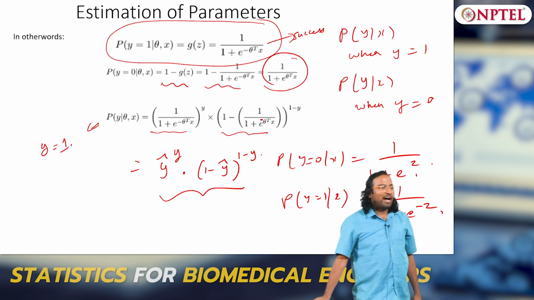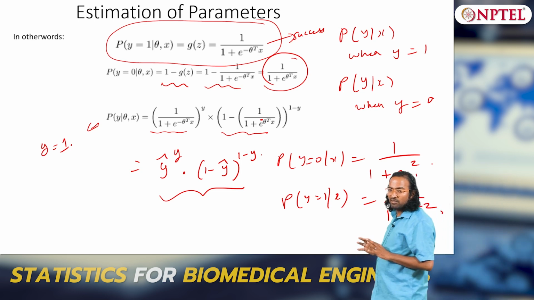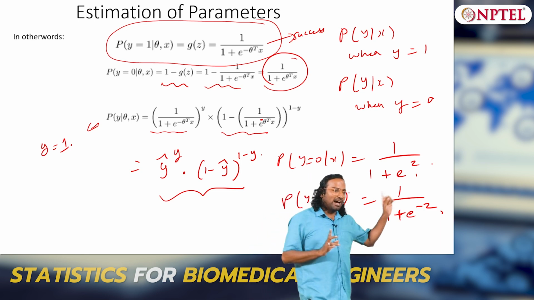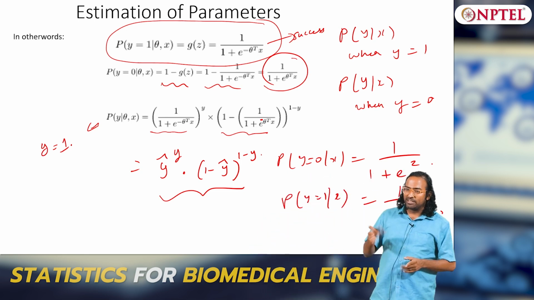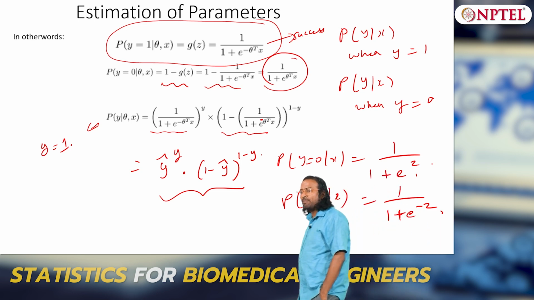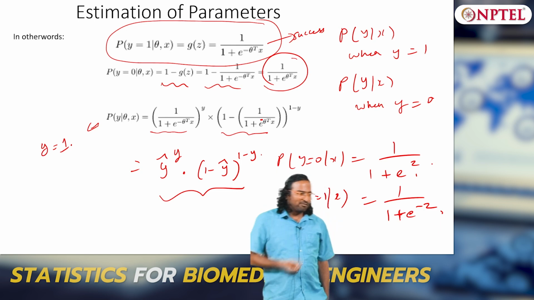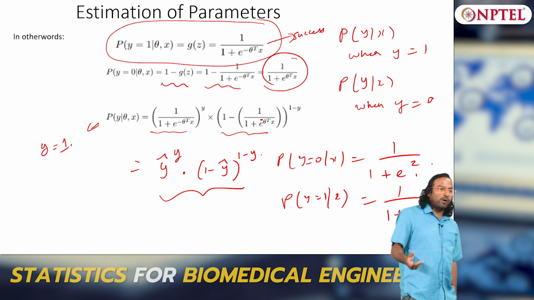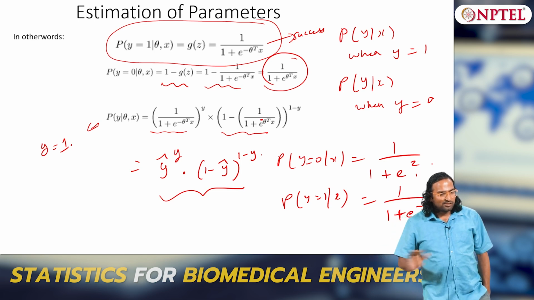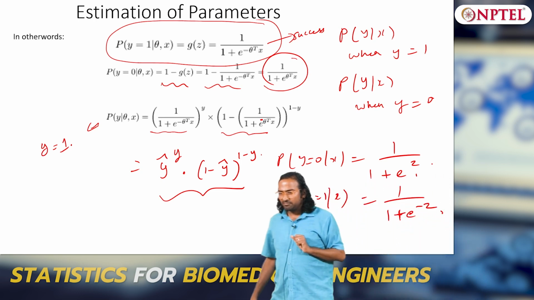So what did I do? I have intelligently combined the function for both output 1 and output 0. Now where will I use it? I will come back. Okay, I have combined them, I will use it elsewhere. Why did I do this? You will get to know. So the way to combine this is very simple, y hat to the power y into 1 minus y hat to the power 1 minus y. So suppose y equals 1, the first part becomes active, which is what is required, and if y equals 0, the second part becomes active. Clear? So now we have combined both success and failure into a single function.